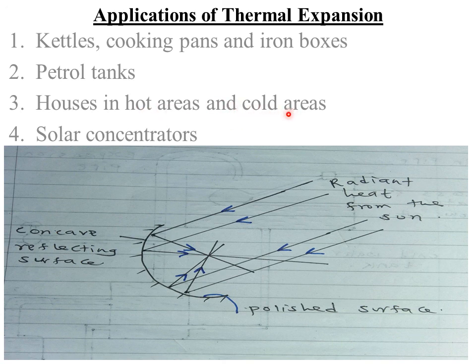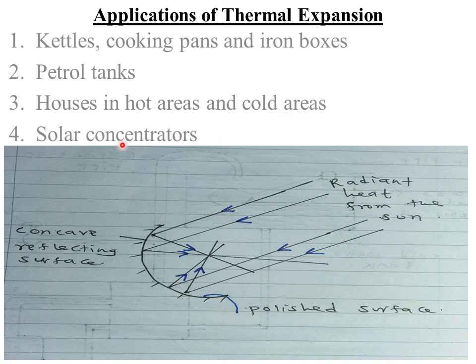Conversely, houses in cold areas, now here, because they are cold areas, it means we need more heat within the house. So houses in cold areas have walls and roofs painted with dull colors. Remember, dull or black colors are good absorbers of what? Heat. So if the houses are painted with dull colors, in most cases it is usually black, it means the walls are able to absorb more heat, so that the house is kept at a relatively higher temperature, while the outside area is cold. So houses are painted with dull colors in cold regions to absorb heat, because dull colors or black colors are good absorbers of what?